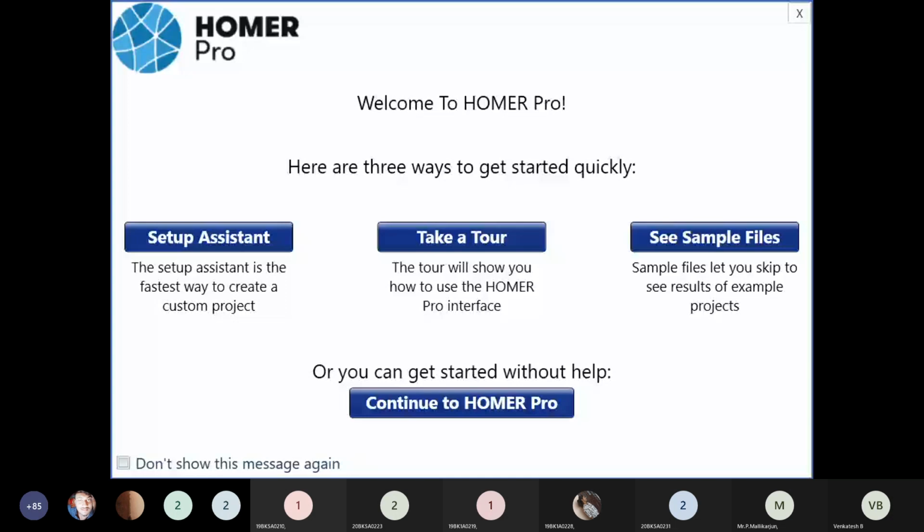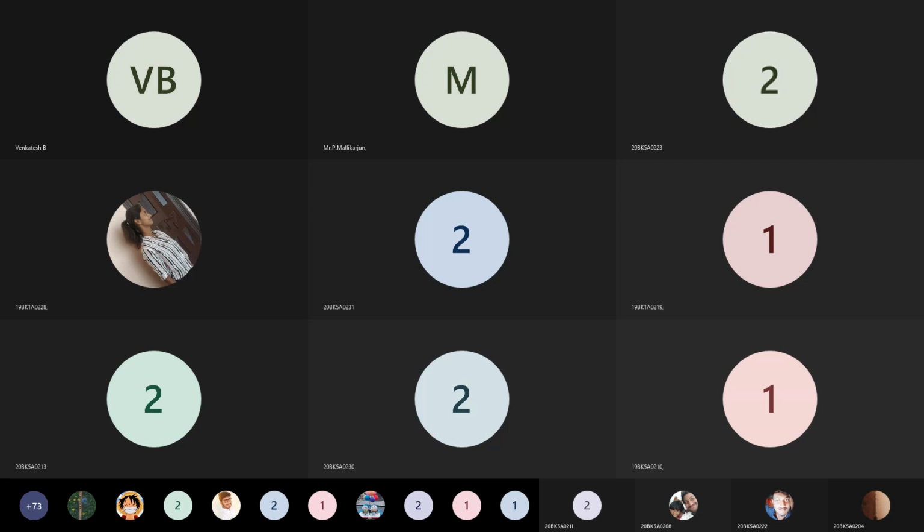First, we'll see what will be there in Homer software. I think everybody is able to see this. As I told you in the previous class, Homer is a hybrid energy system based microgrid design and analysis software. It is used to design hybrid energy based microgrids.